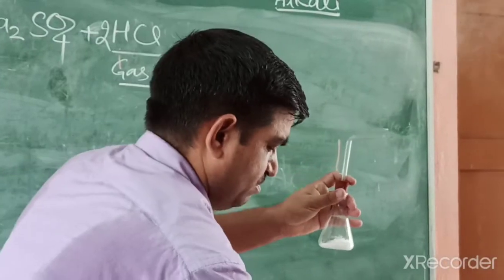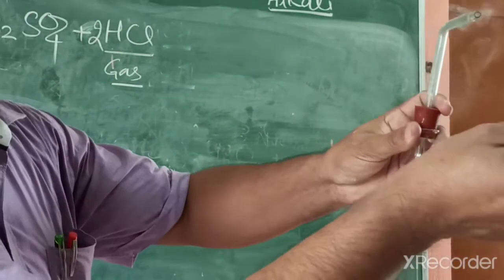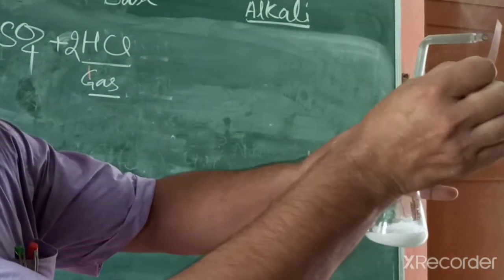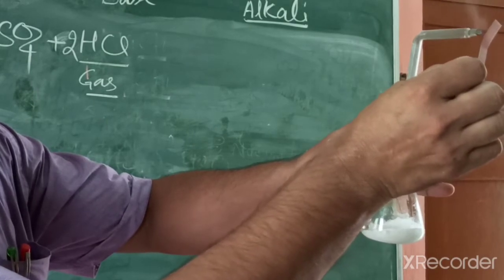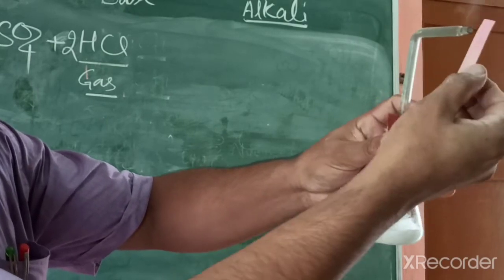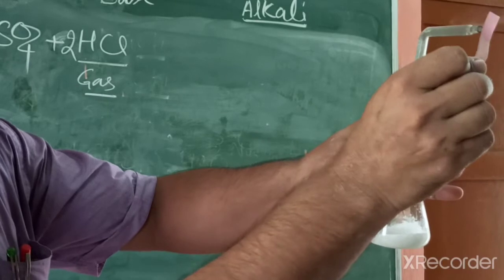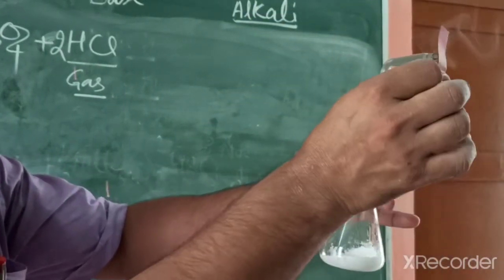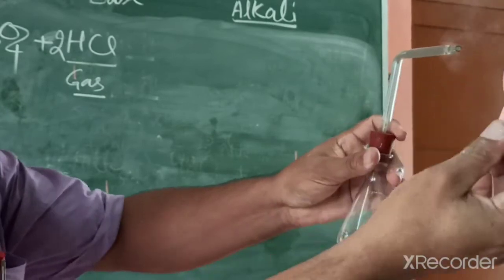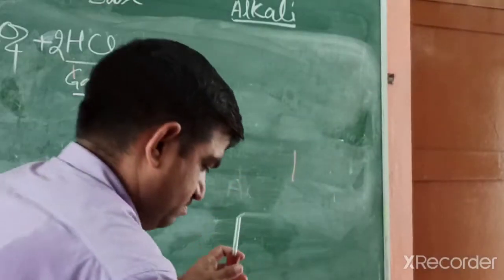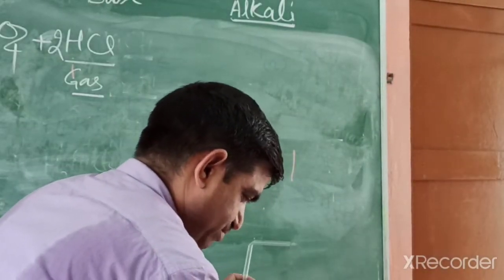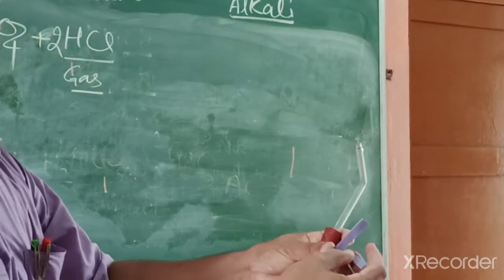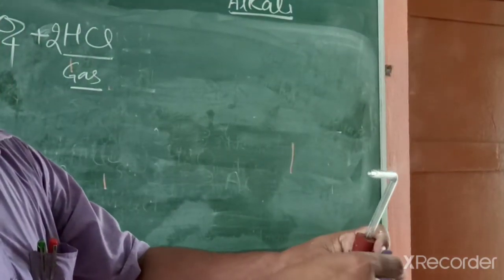We use red litmus. When we put red litmus, there is no change in color. Why is the red litmus color not changed? Because this is already acid, red color, so friends do not harm other friends. But if you put a blue litmus strip on this,